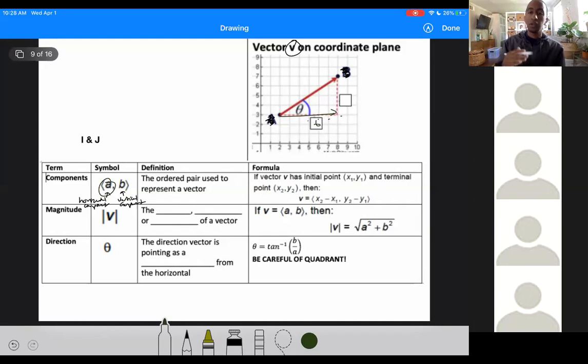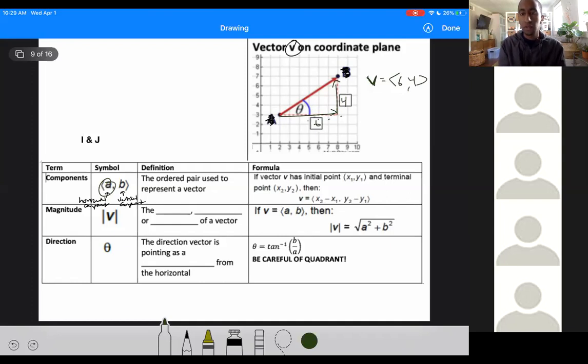Then you would write your vertical component of the vector, which is this: 1, 2, 3, 4. So by describing the horizontal component and the vertical component as being 6 and 4, you would write the whole vector v in component form as